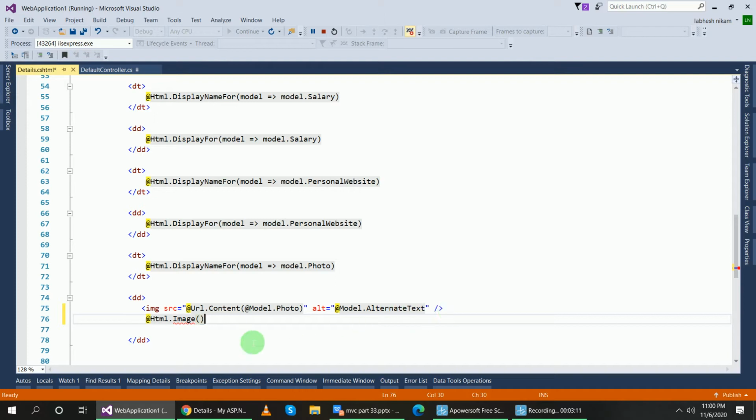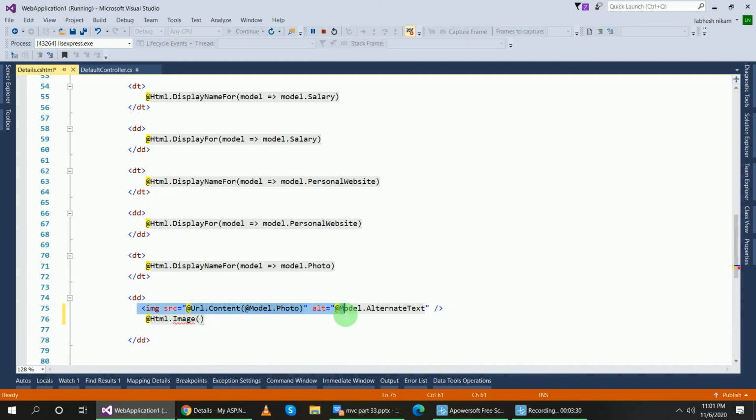You can see here this will create the error. But if I create this custom HTML helper, then this error will be removed. The logic of this image tag is hard coded.